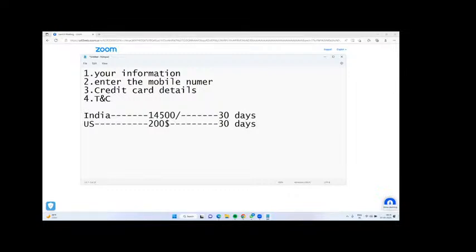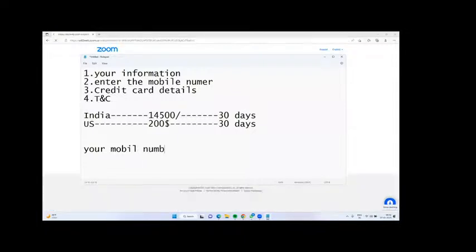After 30 days, we have to create another account. You may have a doubt whether we can use the same credit card and same details. No. To create another account in Azure, we have to change your mobile number, credit card and email address.